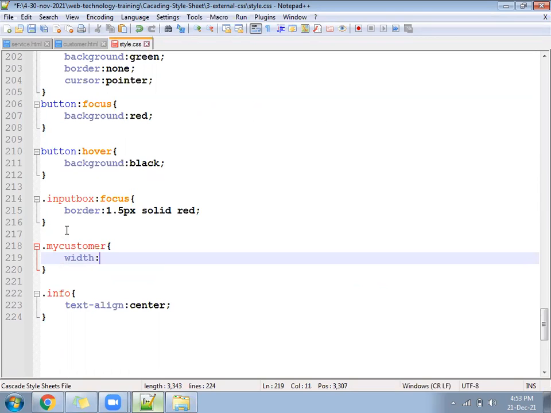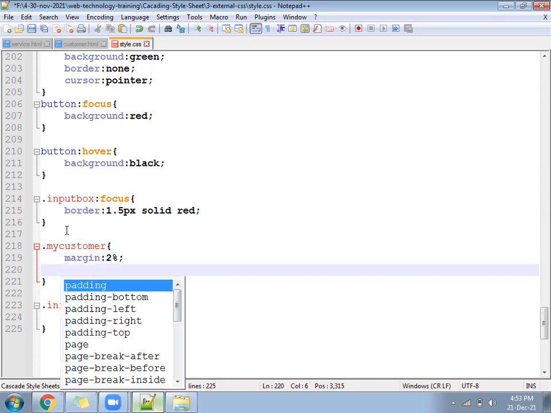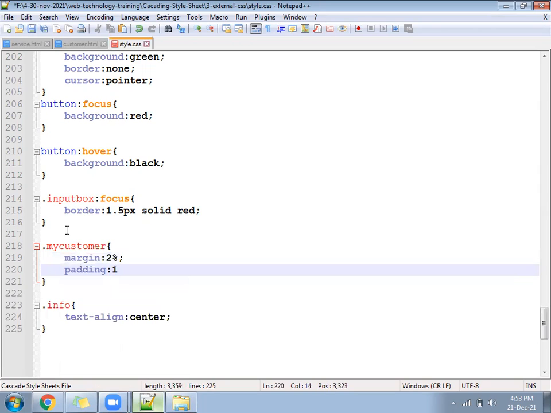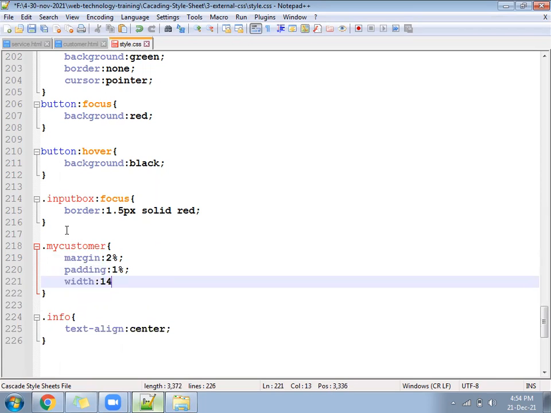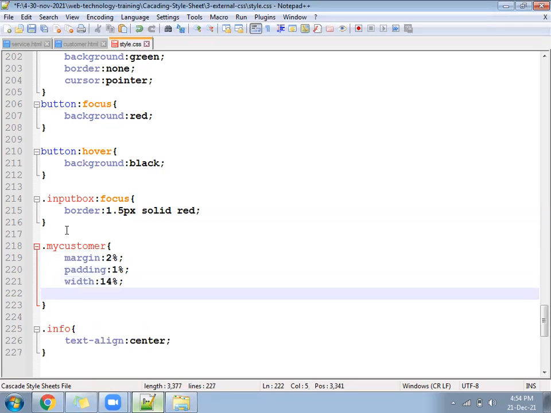Then we can give margin 2% and padding 1%. How much will it consume? 2 plus 1, 3, into 2, 6%. And you want to bring 5, so 100 divided by 5 is 20%. 20% minus 6 is 14%. And float left.